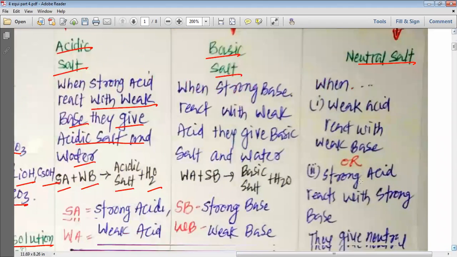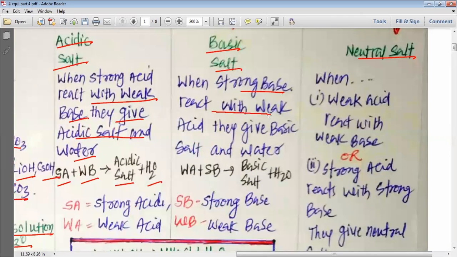Same way, my dear students, let's move to the next one, which is the basic salt. When a strong base reacts with a weak acid, they give basic salt and water. So weak acid plus strong base gives basic salt and water. SB represents strong base and WA represents weak acid, WB represents weak base. And then we have the next one,